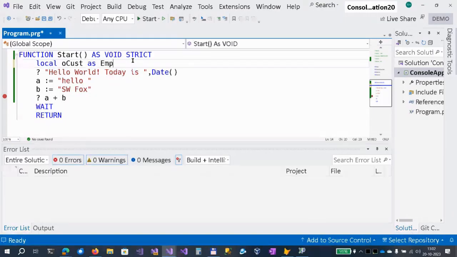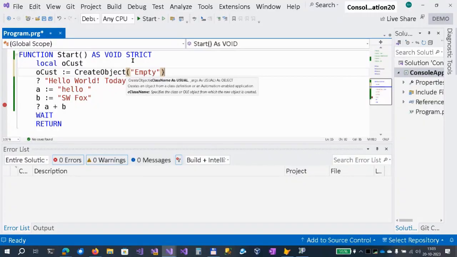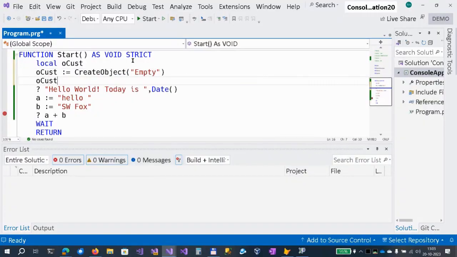Empty. Well, let's not declare it. And let's say cust is add property. The function has no method. This is a function call. You must call a function. Okay.